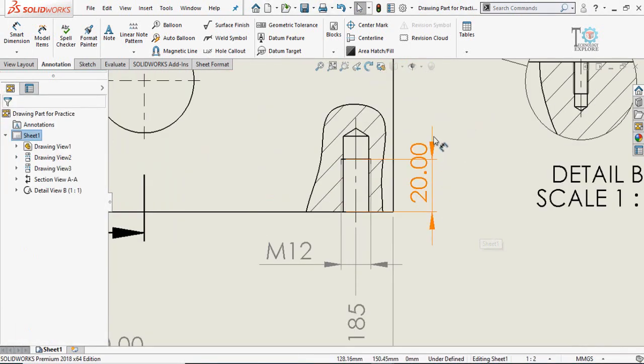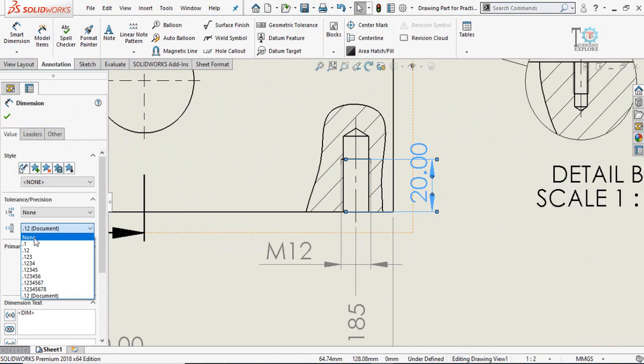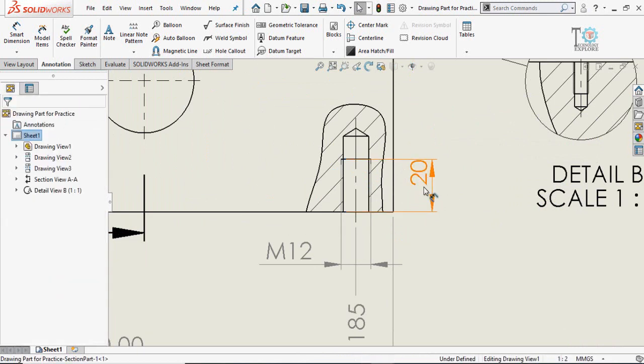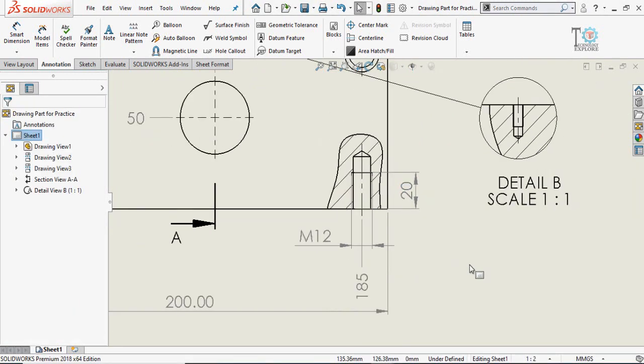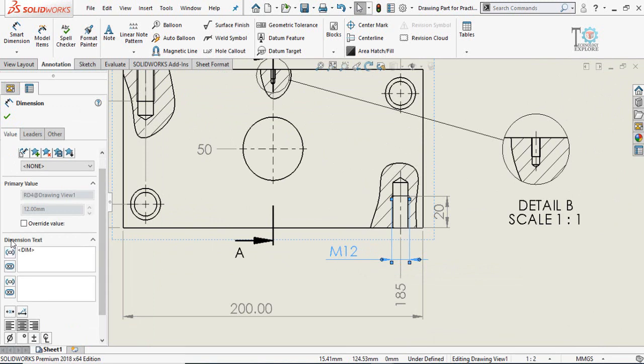Now if you can see, these arrows are outside these two lines. So you can also switch the direction by selecting this dimension and then click on this point. Select the prefixes known like this. If you want to add M12 by 2, click on this dimension and then from here in dimension text, type here the text like this,